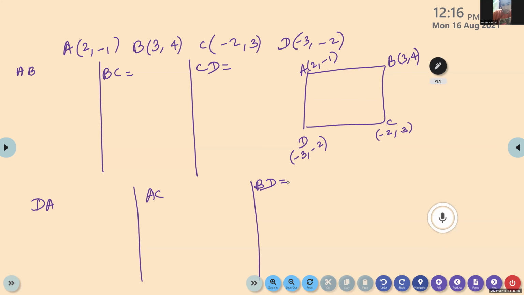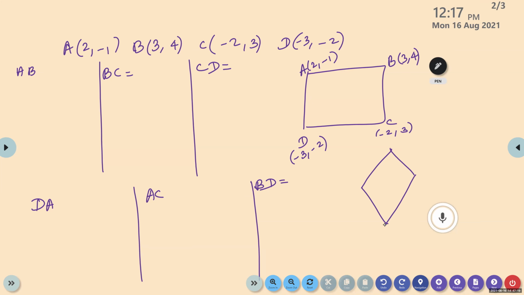Some rhombus is inverted, like a diamond. Rhombus is a quadrilateral, so you draw it accordingly. Here we need only the vertices. We have to prove that it is a rhombus.